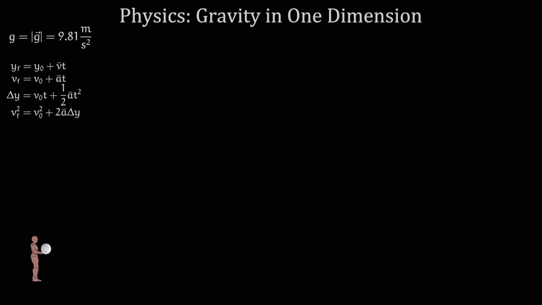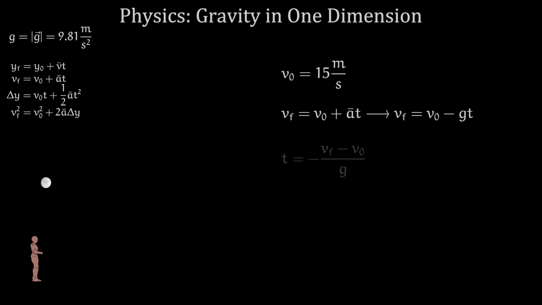If you threw a ball straight up with an initial velocity of 15 meters per second, how long does it take to reach the top of its trajectory? We can use this kinematic equation, since we know the initial velocity, and we know that the final velocity at the top of the trajectory will be zero. The acceleration is from gravity, and we pick up a minus sign on the acceleration due to our coordinate system. Solving for time t and plugging in our values, we find that it takes t equals 1.53 seconds to reach